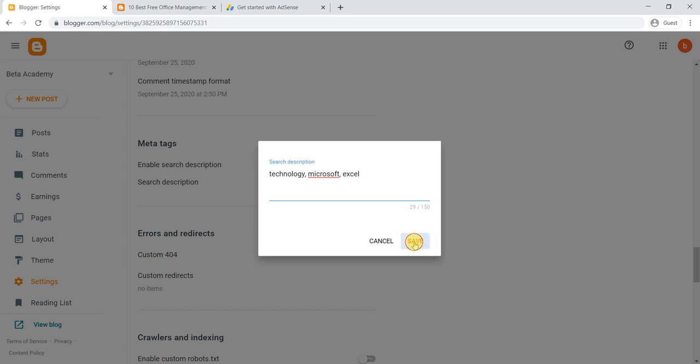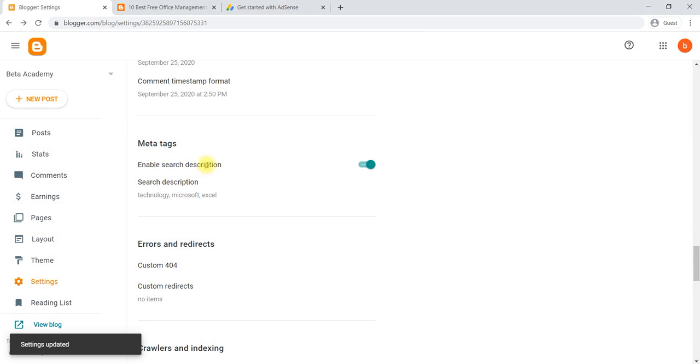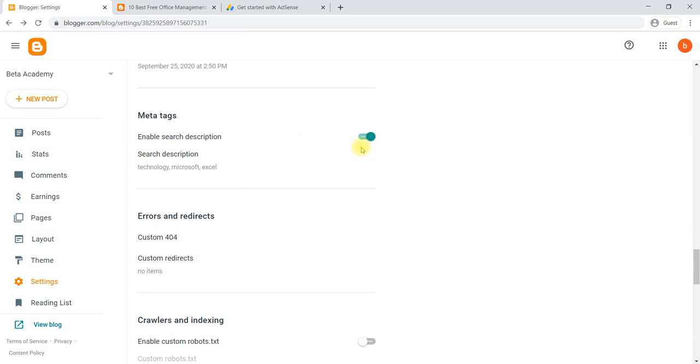Like this you can keep some keywords as a meta tag, so when anyone searches the relevant keywords, your post will be shown there. So always turn on meta tags and give keywords which are relevant to your business.